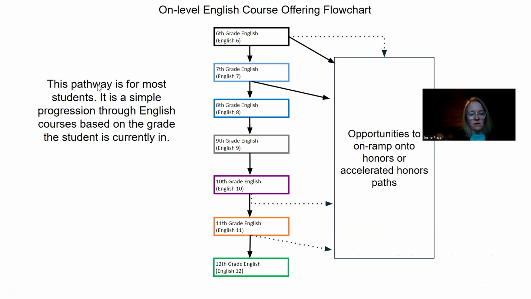What you see here is this student, in the sixth grade, takes sixth grade English. In the seventh grade, takes seventh grade English, eighth grade, ninth grade, 10th grade, 11th grade, 12th grade, and so on. Foundational set of skills, they'll get a great education doing that. But whenever we look at the flow chart,